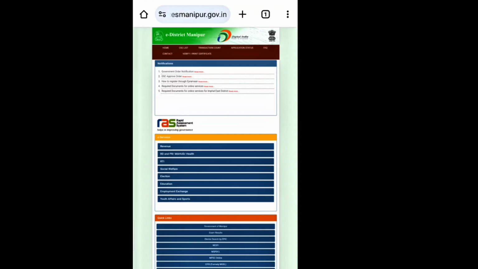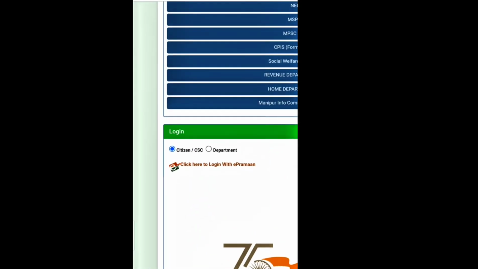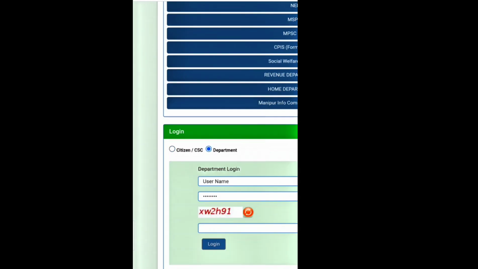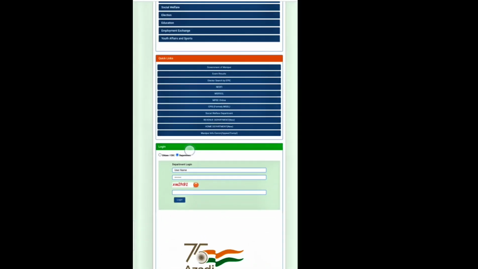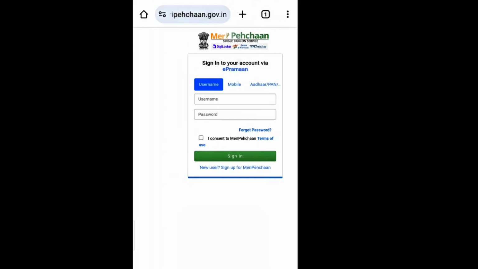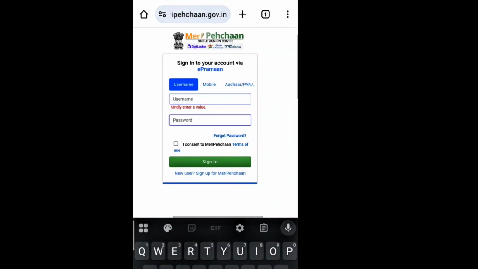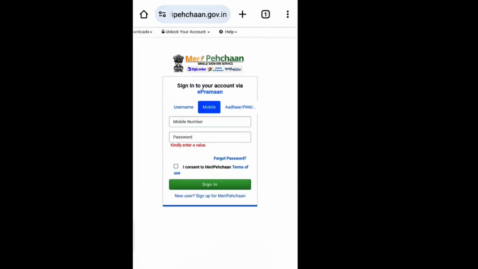After login, you'll see this interface. Then just drag it down, and you will see citizens and CSC, and on the other side, department. Then you click on citizens or CSC. After clicking, you will see this interface. For the username, if you have already created one, you can use your username or mobile number, and then password, and then click on I consent to Meri Pehchaan. But for now, as we are going to create a new